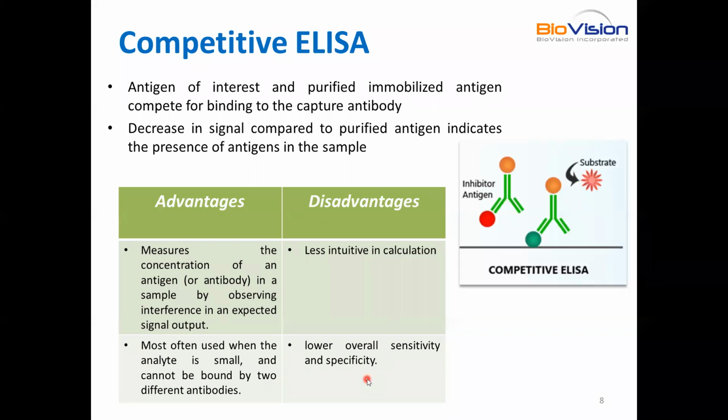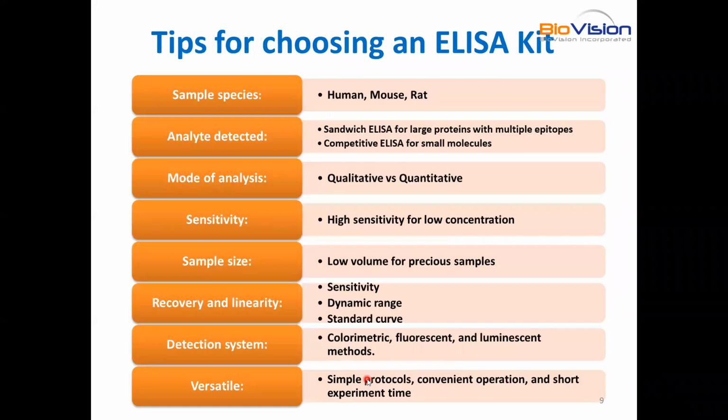Okay, so now the question for the end user is how they can select which kind of format is available for their application. So I'm going to give some tips for how our end user can select an appropriate ELISA format or appropriate ELISA kit for their application. Some of the parameters that we recommend to look at while selecting an ELISA kit for a particular application are: